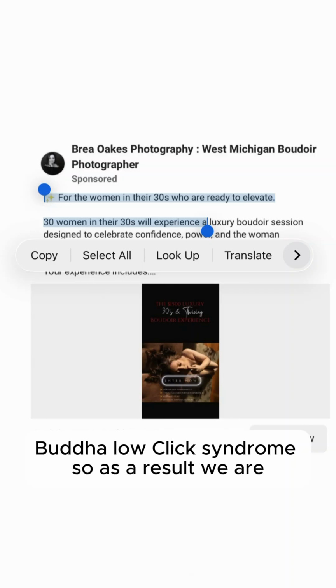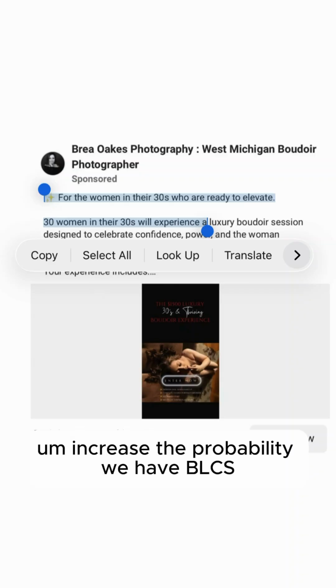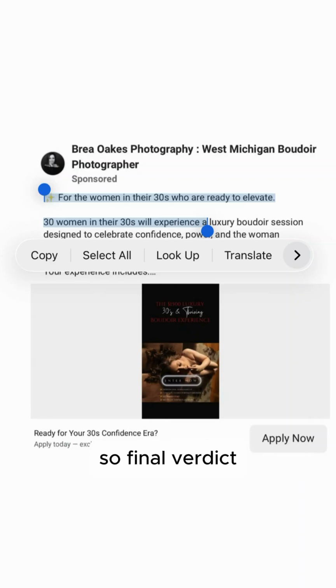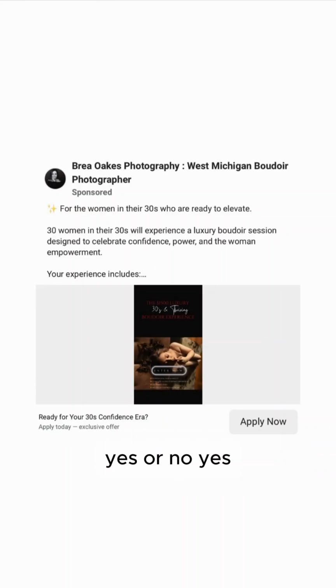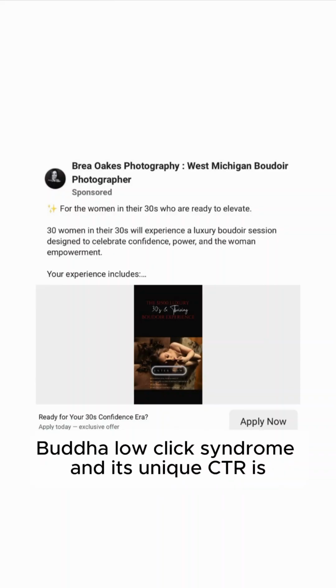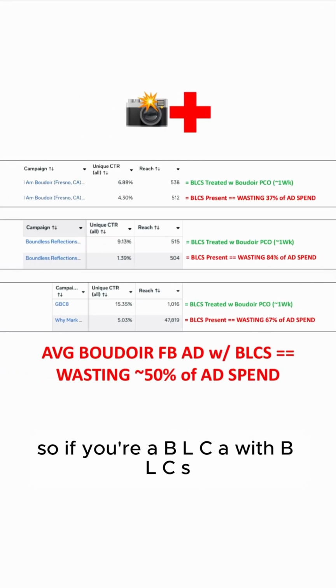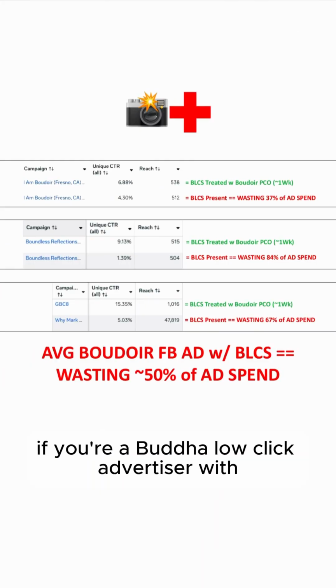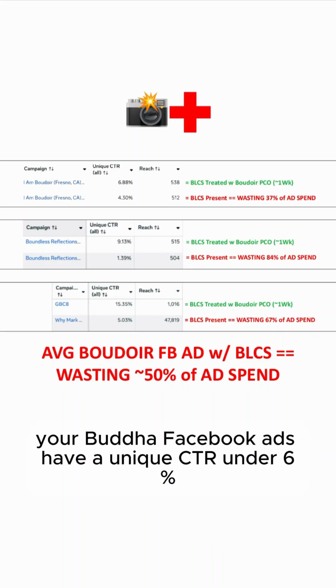So as a result, we increase the probability we have BLCS. So final verdict. Do we believe this Boudoir Facebook ad has BLCS, yes or no? Yes, I do believe it does have BLCS, Boudoir low click syndrome, and its unique CTR is most likely under 6%. So if you're a BLCA with BLCS, if you're a Boudoir low click advertiser with Boudoir low click syndrome, your Boudoir Facebook ads have a unique CTR under 6%,